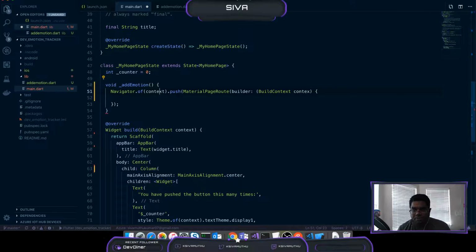So here on the Navigator of context, we are constructing a material page route, passing the builder, and here we are adding an add emotion dialog, and that's it, right? So we are pushing that one. Or I'm missing some. Okay, there is one other. So on the Navigator of context pushing, we are constructing the material page route and returning the add emotion dialog. So in the builder here,